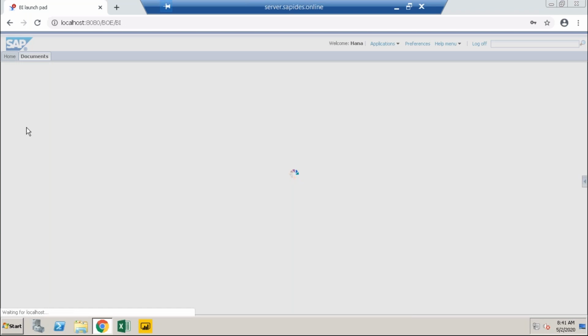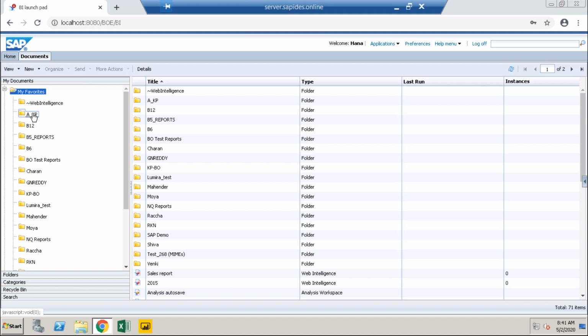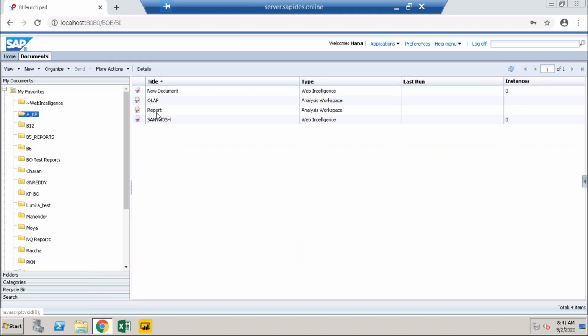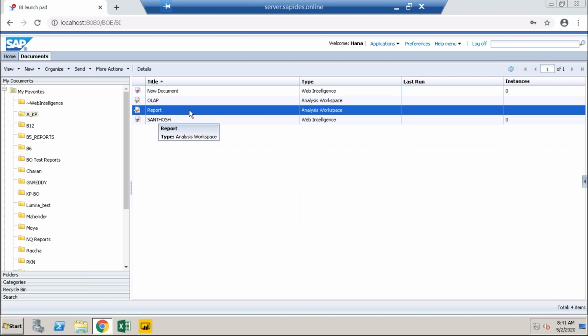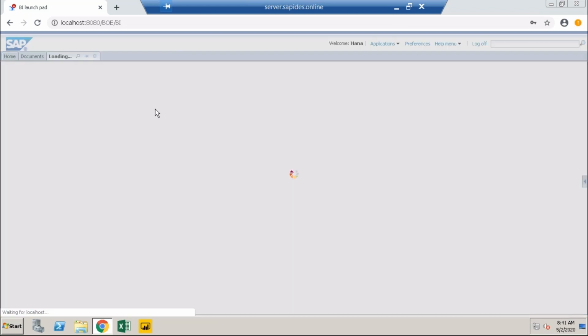So after saving, here you'll go to the A_KP file. You can see the report file. Okay, analysis worksheet. So just double click here. You will see the report here.